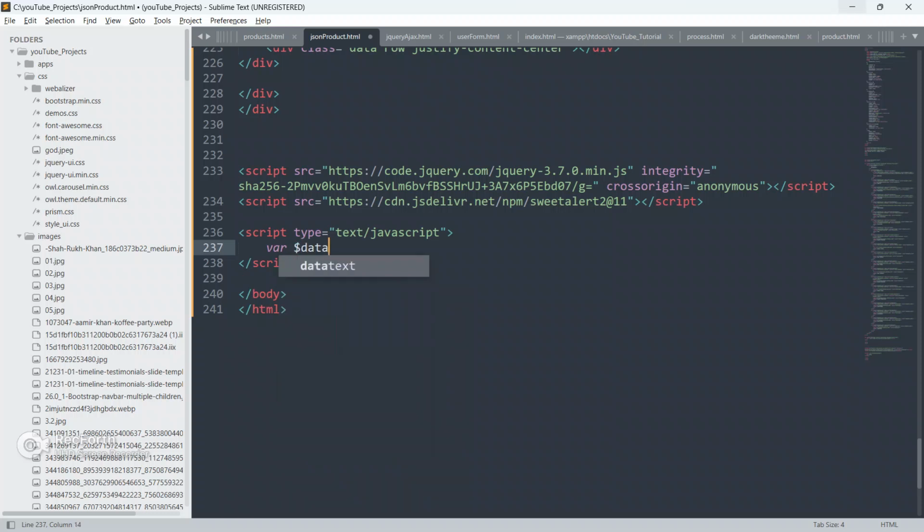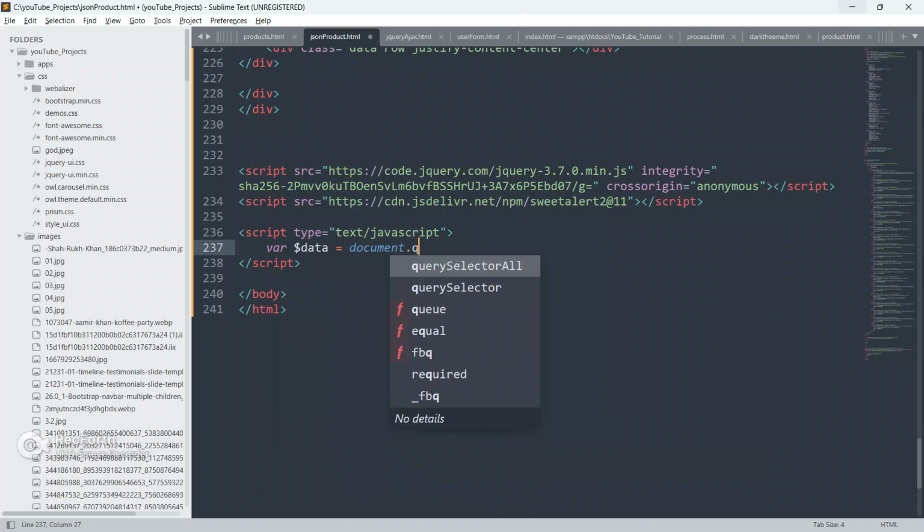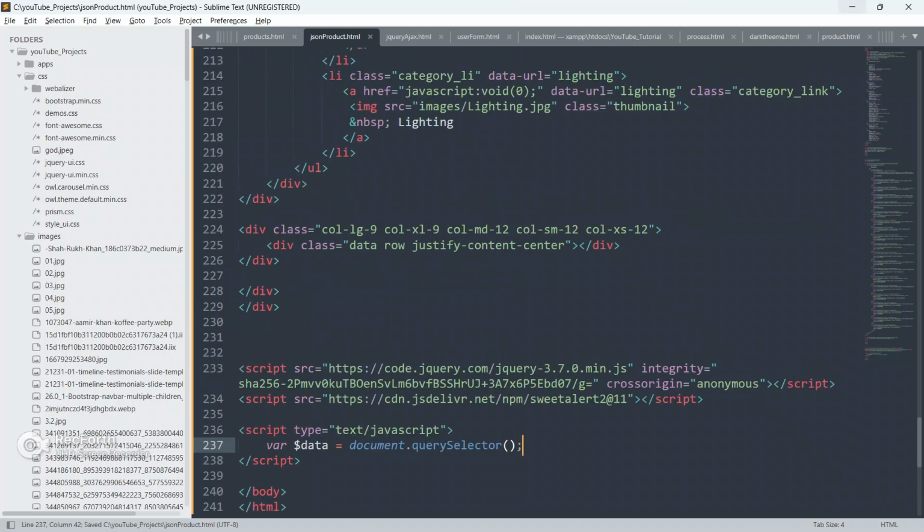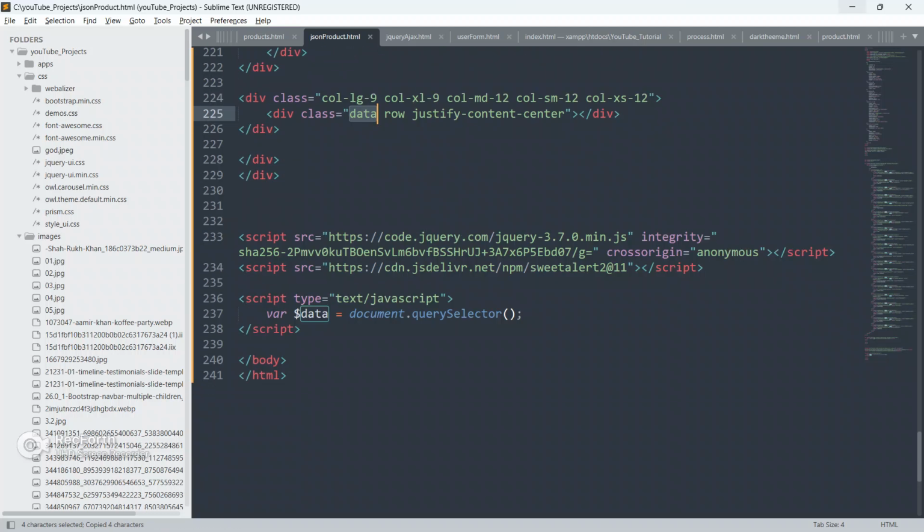Okay, so create a var, give it the name data, and we are gonna grab document dot querySelector. We are gonna grab this data. As it is a class, we have to put a dot here.